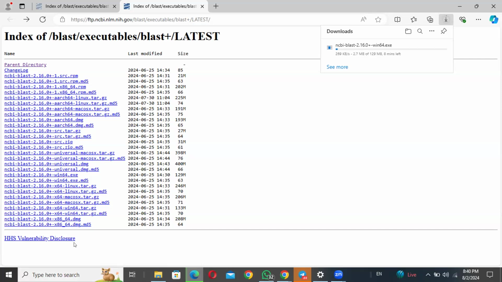Let's see if this installation gets done. Maybe it will take a bit of time to download because the speed might be low. After downloading, I have shown you the process: double click on that file, provide the access and say yes, yes, install. And if any issues are there,